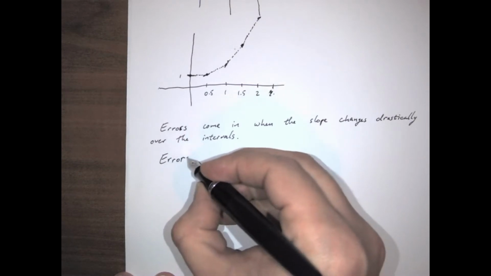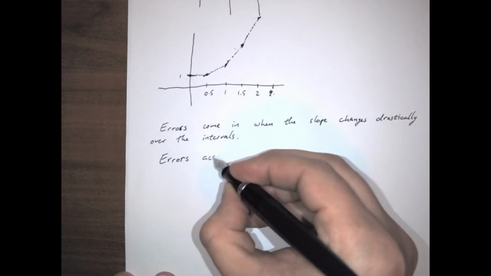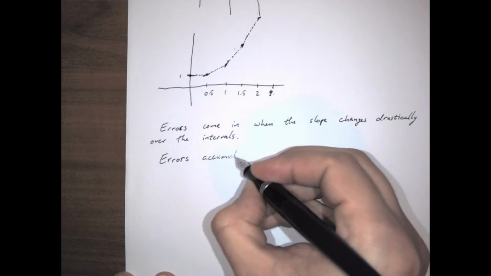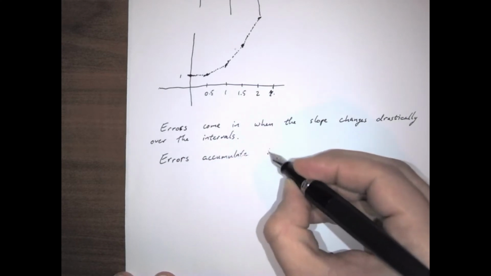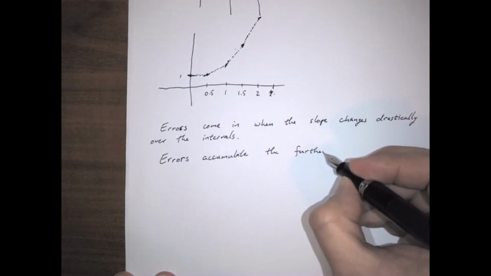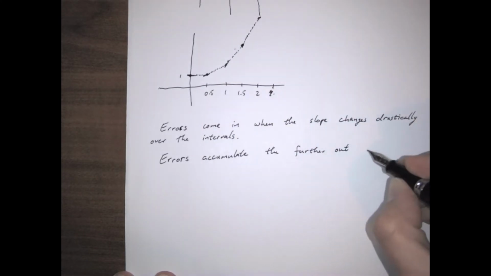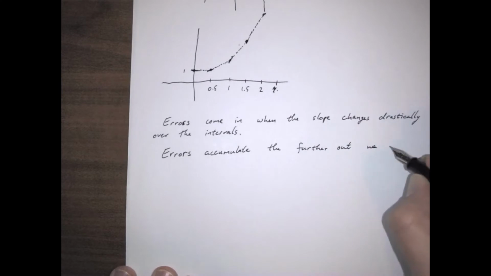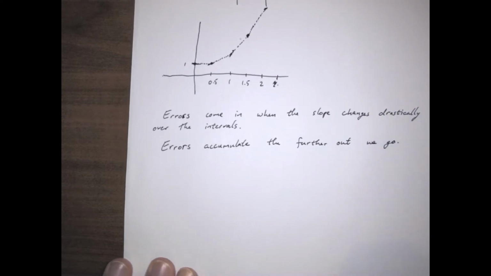So the errors accumulate the further out we go. All right, sad but true. What can we do about it, though? So the way to reduce the error